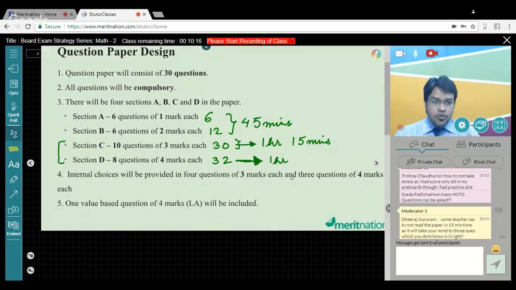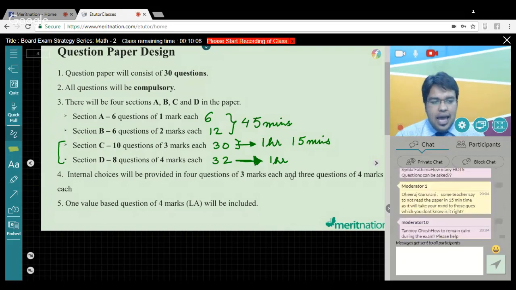So what kind of issue you are facing depends on you, and you have to identify that by giving the sample papers, and that will give you an idea where you need to improve. So improve on your weak areas and make sure you capitalize on your strong areas. You do not miss out on your strong areas. Lastly, the end game is basically in those 3 hours, how you perform in those 3 hours. That is what matters.